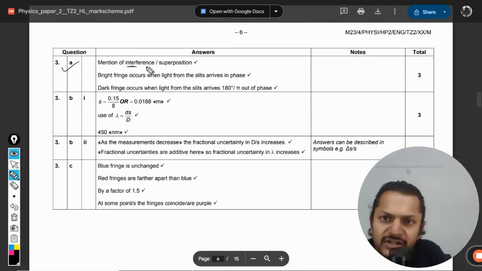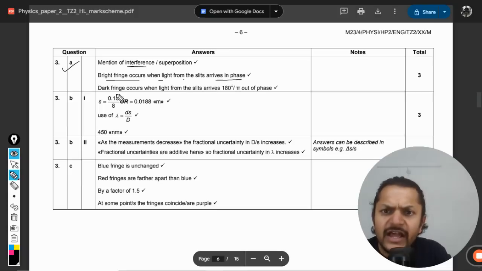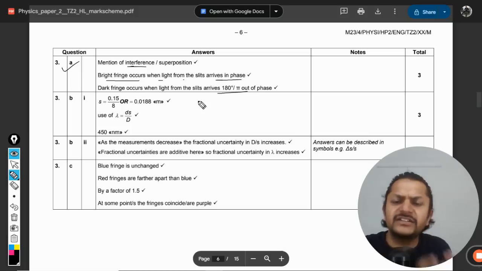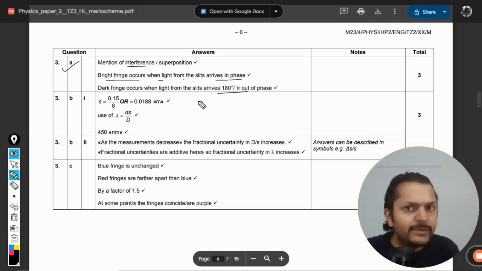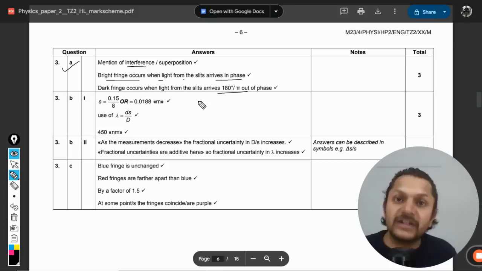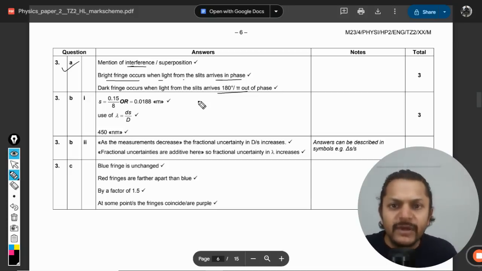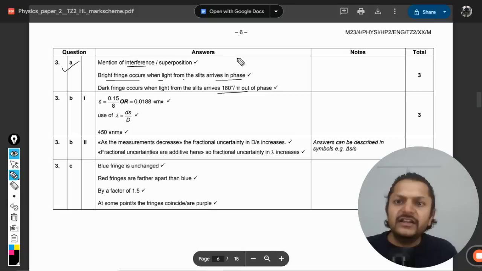3a. Mention interference. Bright fringes occur when the light from the slits arrives in phase, and dark fringes occur when the phase difference is pi. It means destructive interference is taking place, there will be a dark fringe, and wherever constructive interference is taking place, there will be a bright fringe. And they're clearly talking about interference, they are not talking about diffraction,